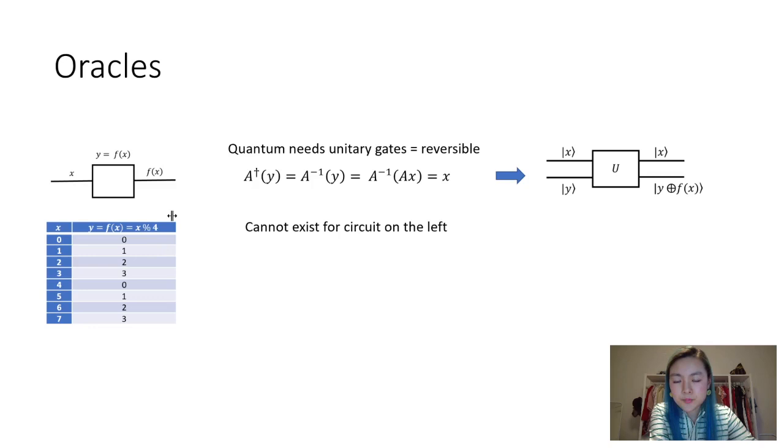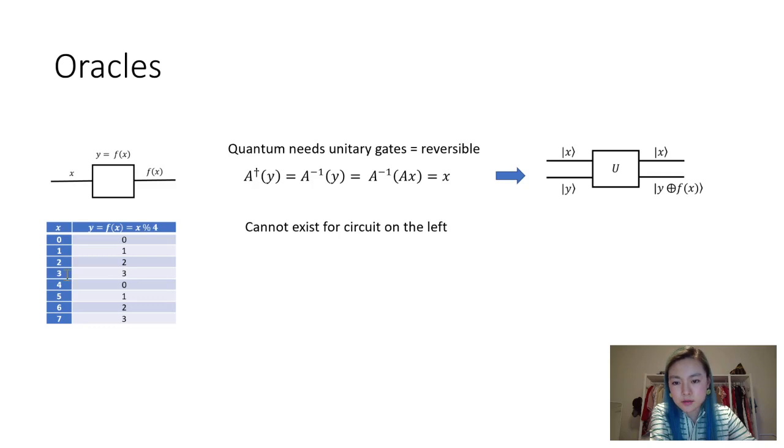It goes from 0, 1, 2, 3, and then repeats. So in this case, you can get a f of x, but then you cannot reverse back. If you say you have a value of 3, you don't know if your x started with a 3 or